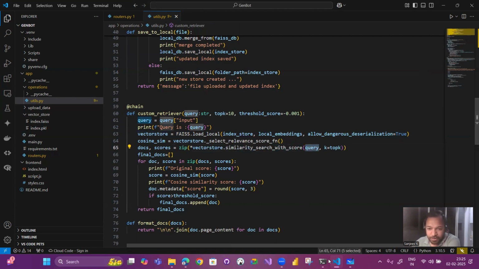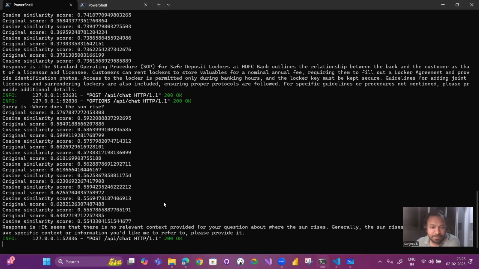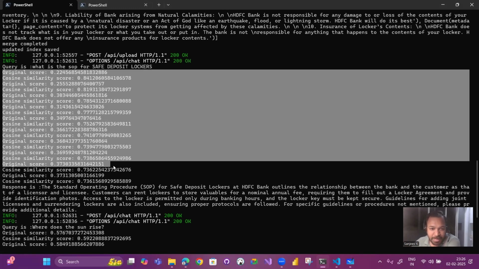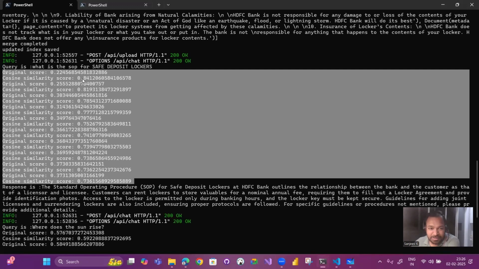Looking at my backend, this is the query that is there: what is the SOP for safe deposit lockers? When I ran this query, it took a couple of documents along with their cosine scores. You can see that the cosine score for a few documents is 0.84 and for a few others 0.73. I took only 10 documents, so it took all of those 10 chunks and explained the answer based on them.